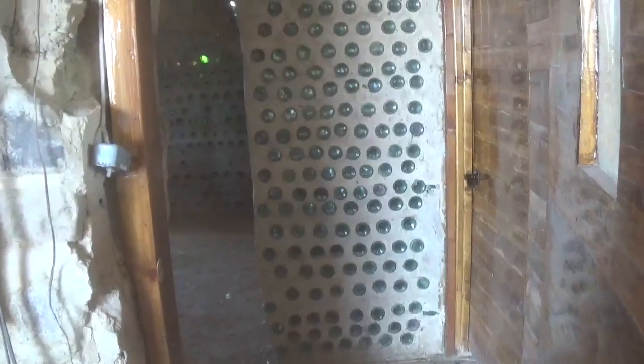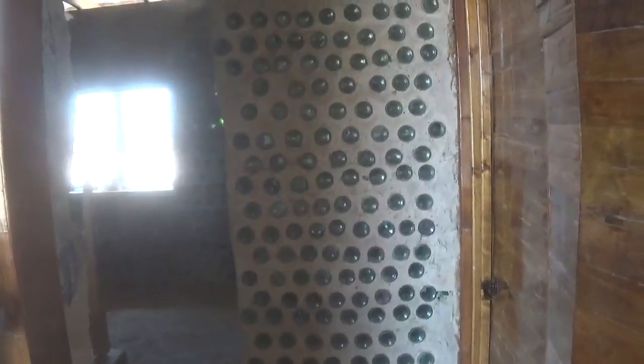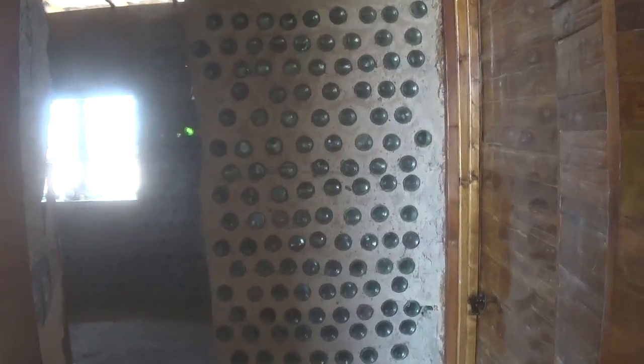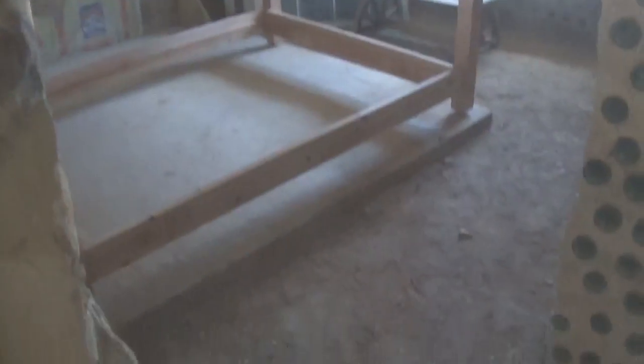You can already see it, that little half wall there. Now behind that wall is supposed to be the closet when I finish construction, so that's why that half wall is there. But notice, not a lot of room between the half wall and here. Well, we figured we would just twist it in like I'm sure you guys have all tried to do in the past, but the problem is the bed